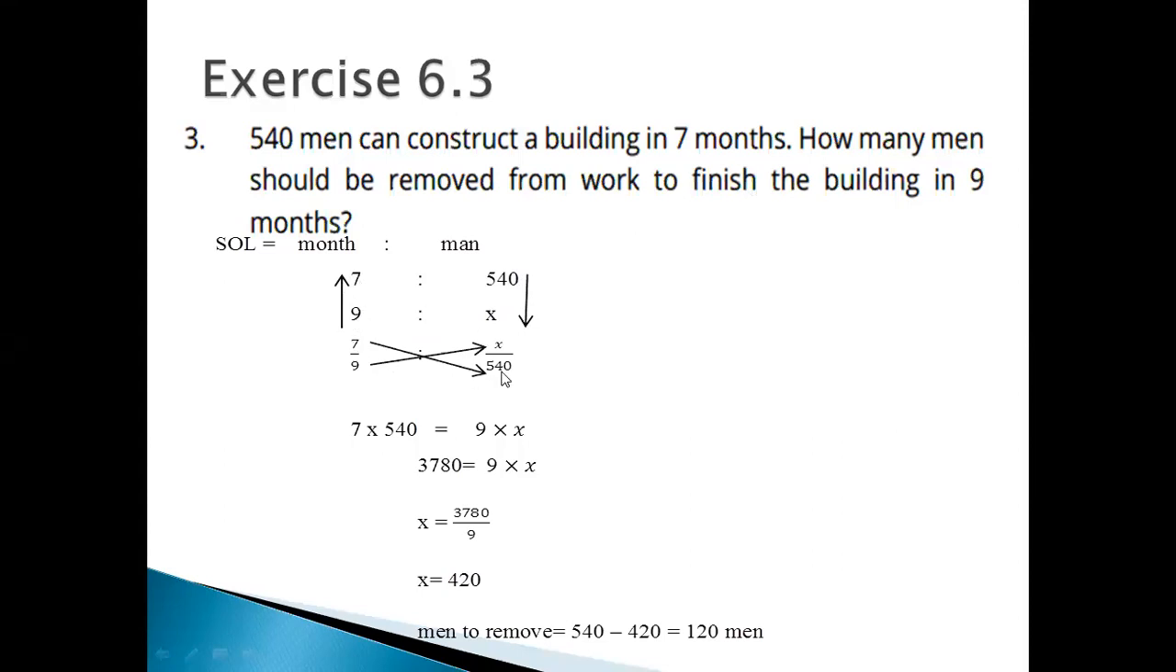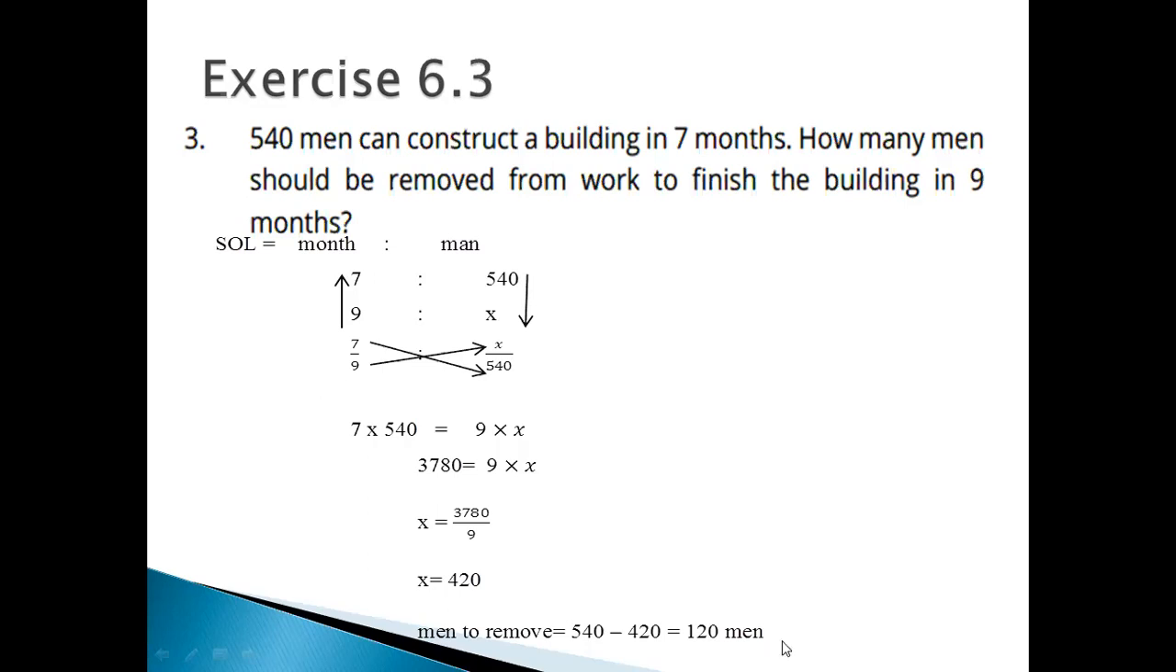So 7 multiplied by 540 and 9 multiplied by X. So 7 into 540 is equal to 9 multiplied by X. When shifted to the other side, it will be divided, so X is 420. To remove, 540 minus 420 is equal to 120 men. So 120 men must be removed to complete the work in 9 months. So this is the required answer. In this way, you have to solve